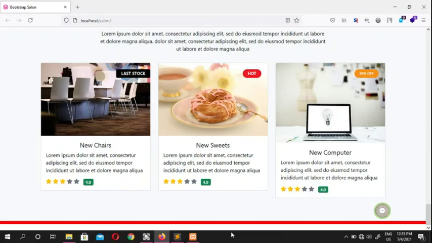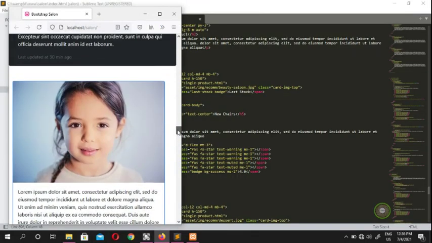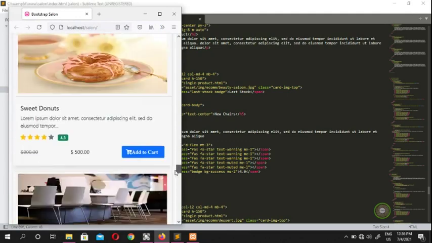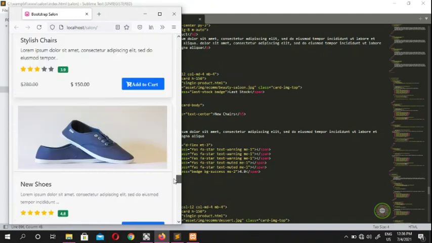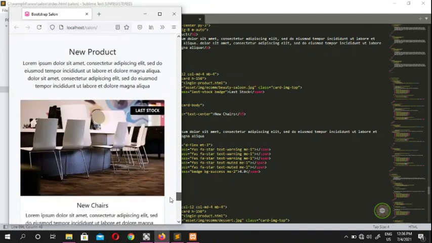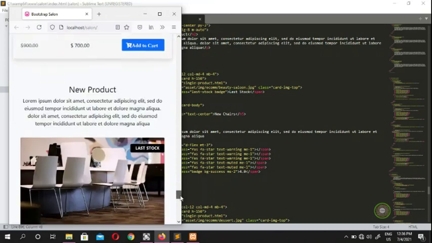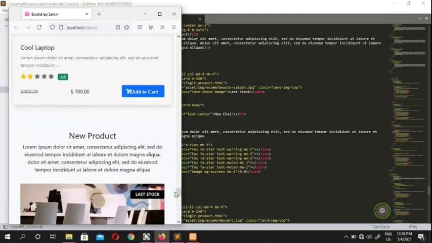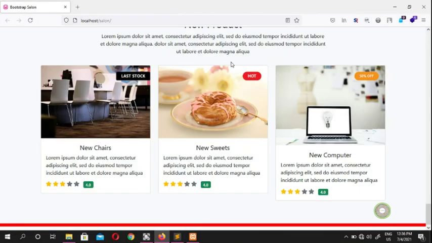Alright, so far we have done an excellent job, I reckon. I'm not sure about you guys, but I reckon we've done a good job. We have created our rows of columns as MD4 and MD3. So far we have done our page and our new product. There we have created rows of 4 and rows of 3. And after the page, what I think is that the next one is we're going to create something around here